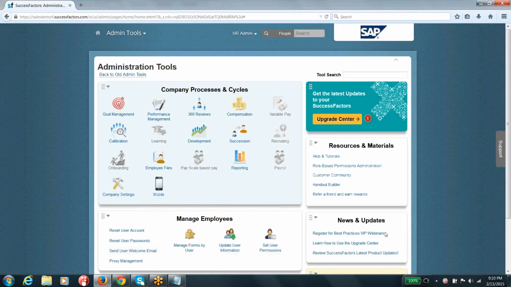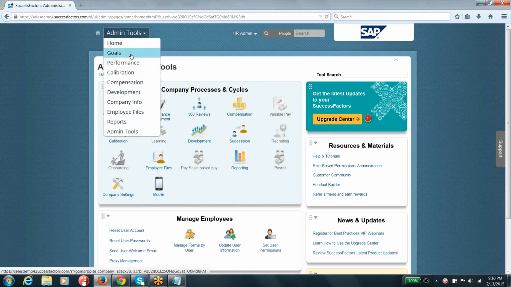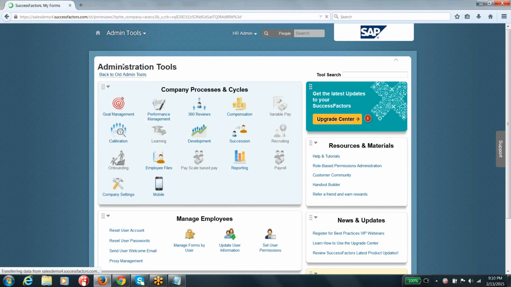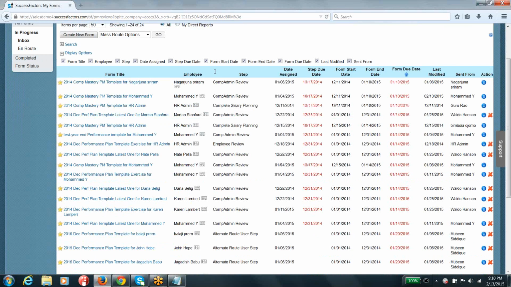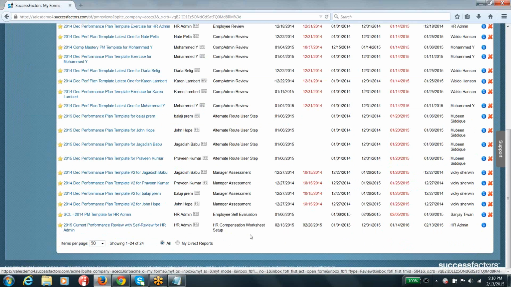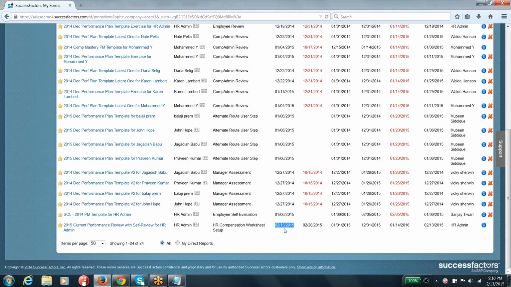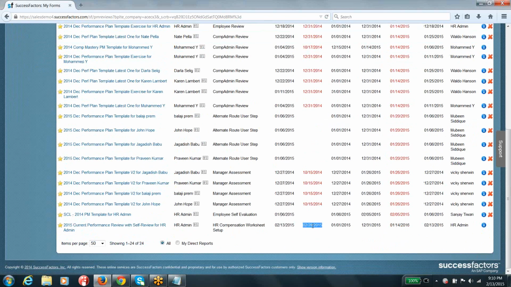So the launching of the forms is successful, and ideally the HR administrator, Rupesh and Hari and someone else are supposed to have their forms, right? If you go to the performance plan, because we launched the performance plan templates, guys. If you remember, we went to the performance management module, and that is what we have done. You can see here, this is the one that we launched, and it has been launched on 12/13 today. You can see here, assigned date 12/13, and these are the days that we configured with respect to the due dates and entry start date and the final exit date.